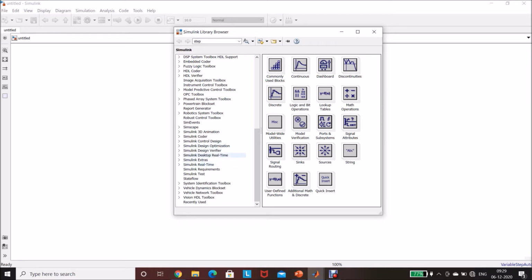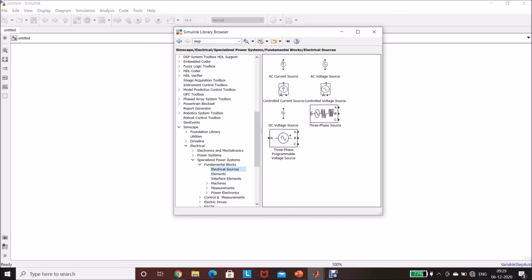So go to Simscape, in that Electrical, Specialized Power Systems, Fundamental Blocks, Electrical Sources.